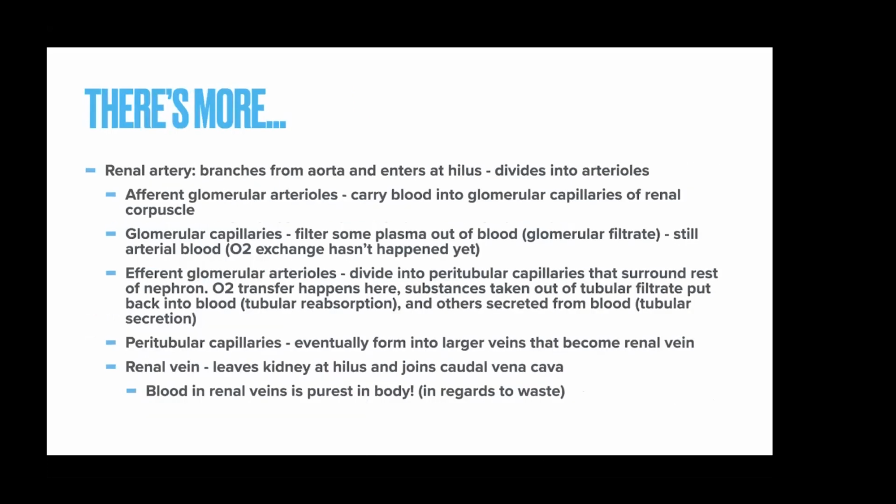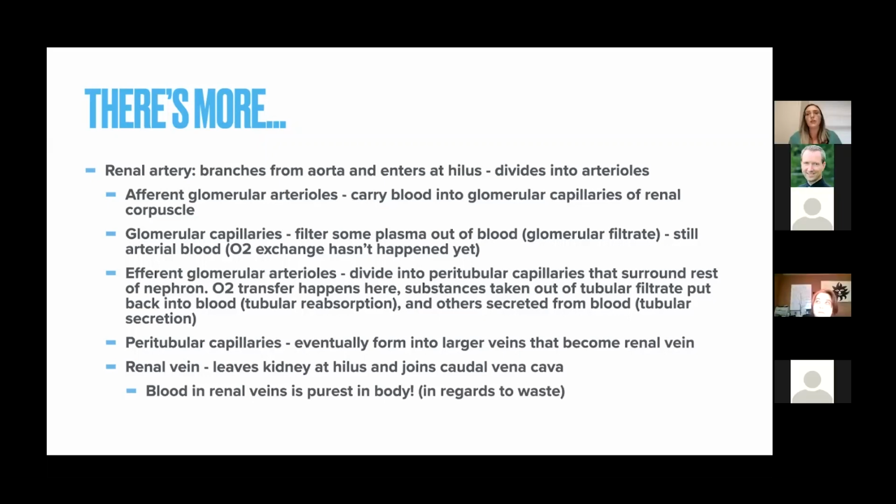A couple more things about the nephron. There's a lot. We have the renal artery, which branches off from the aorta and enters at the hilus. Remember that middle portion of the kidney where everything enters and leaves from. That renal artery is going to divide into a bunch of arterioles. So first we have the afferent glomerular arteriole, and that's going to carry blood into the glomerular capillaries of the renal corpuscle. We're going to have our glomerular capillaries, and this filters some plasma out of the blood, our glomerular